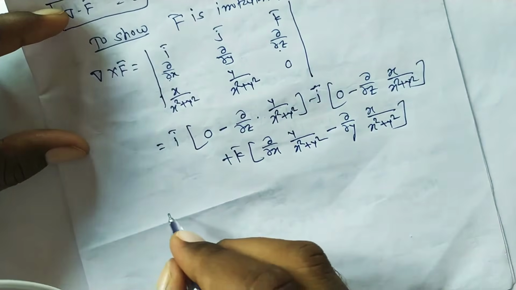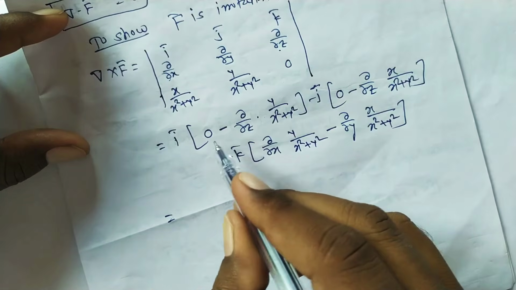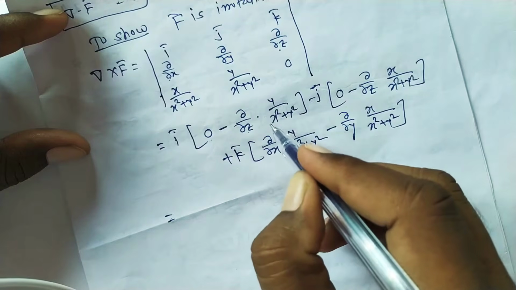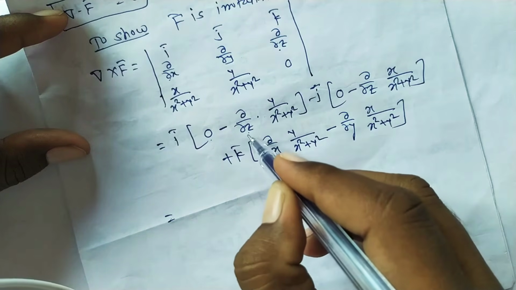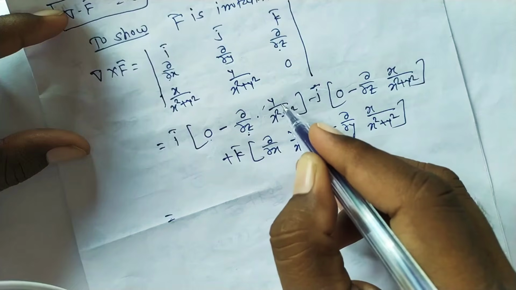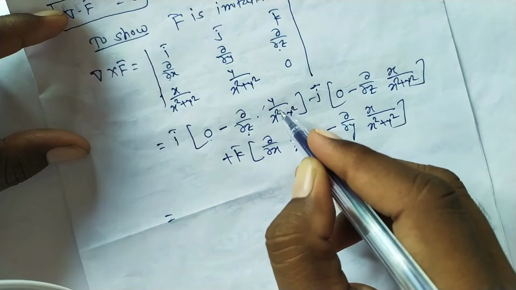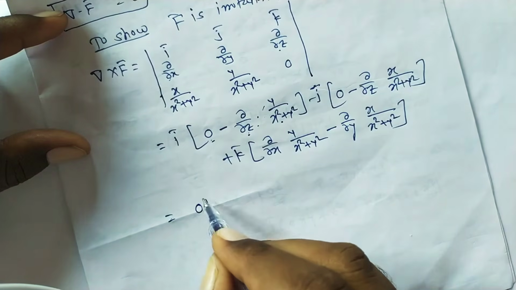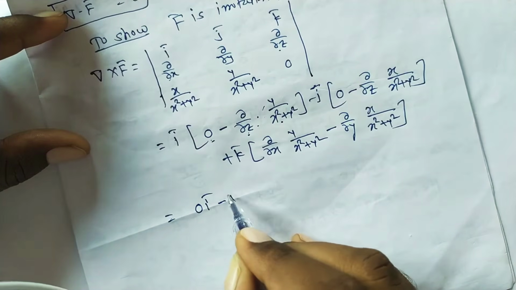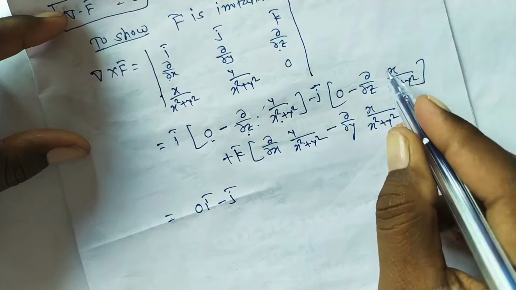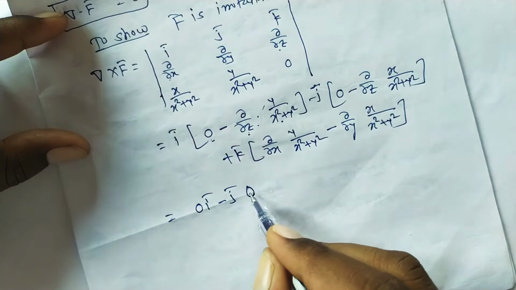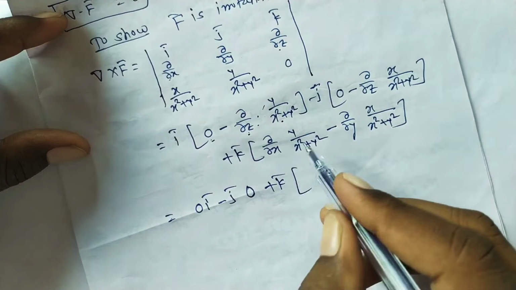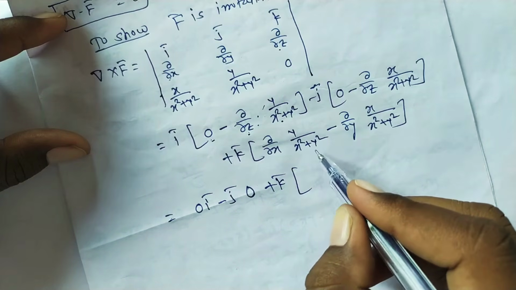So what is the simplification of this? This is equal to i bar into, now this is del by del z, the derivative of this function with respect to z. There is no z anywhere in it, so with respect to z this total term is constant, and the derivative of a constant function is always 0, so 0 minus 0 is 0, meaning 0 i bar. Minus j bar into, same here, with respect to z the derivative of this term is 0, so 0 j bar, and plus k bar into, what is the derivative of y upon x square plus y square.